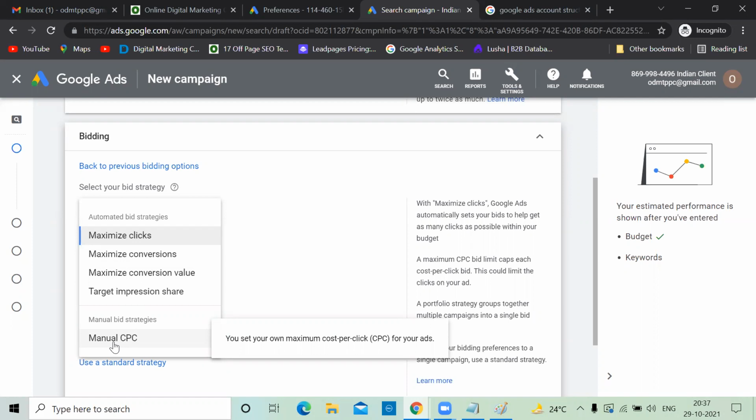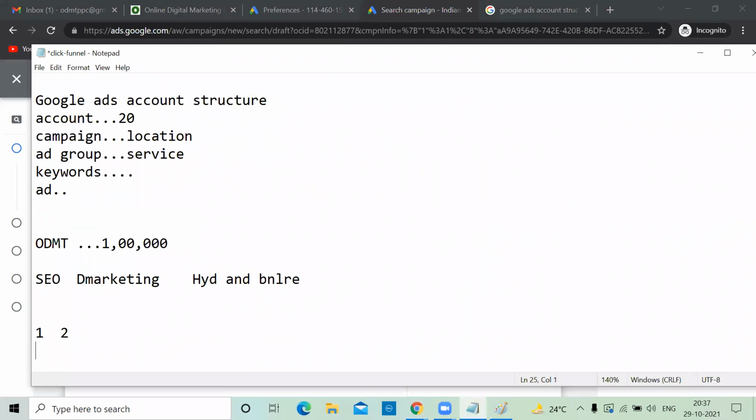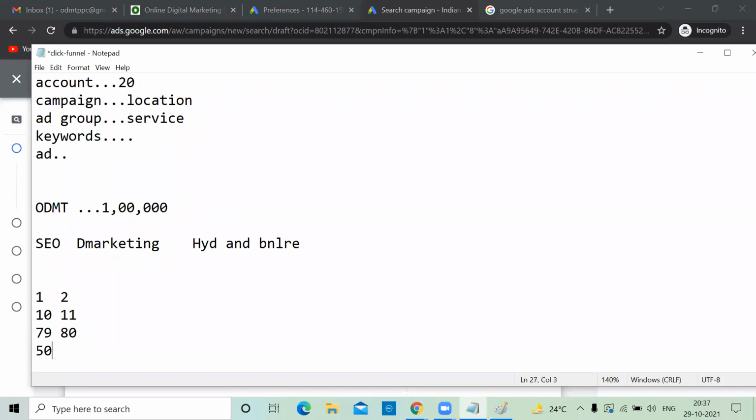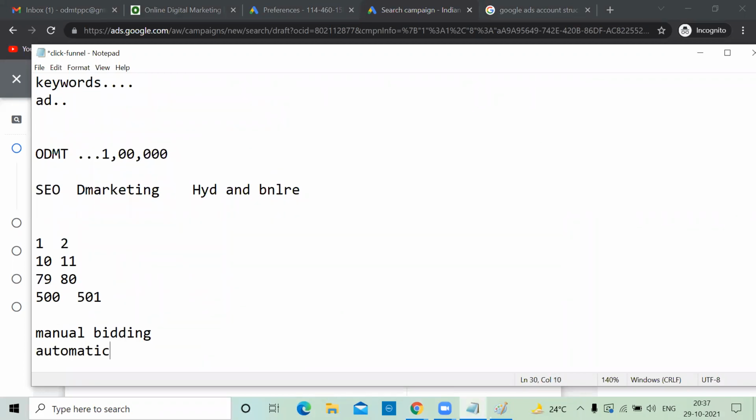Like if your competitor says 30, Google says 31. If the competitor says 79, Google says 80. But the only problem is, Google bids on behalf of you. If you say 10, it's 11. If you say 79, it's 80. But the problem is if your competitor says 500 per click also, it's 501. There is no control. Okay, so that's why manual bidding and automatic bidding.